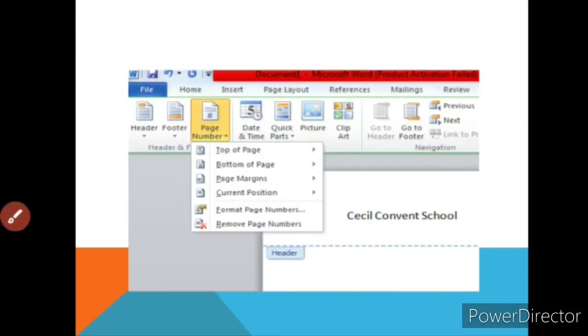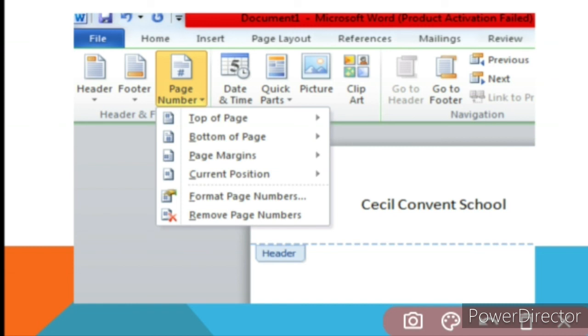Okay. Now, next, I want to apply the page number on all the pages. So what do we have to do? Click on the insert tab. Here we have the option page number. When we click on page number, a dialog box will appear where we have different options like top of the page, bottom of the page, page margins. If you want to apply the page number at the top of the page, you just have to click on top of the page, and if you want it at the bottom, click on bottom of the page, and that sequence will appear on your pages, right?